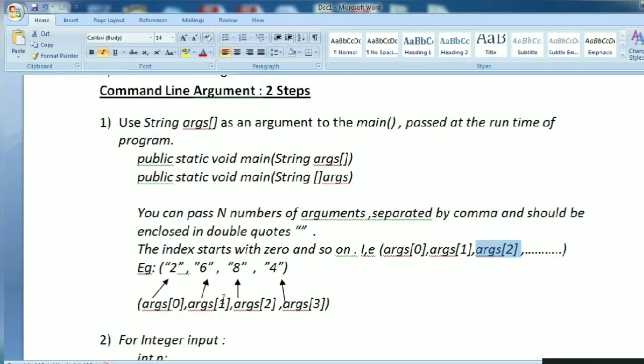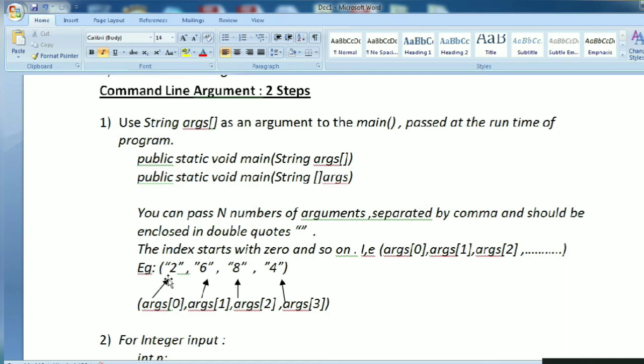For example, I have listed one example here. Suppose you have entered four numbers, that is integers. Suppose the first value is 2, and as I told you, it should be enclosed in double quotes, so here I have enclosed 2 in double quotes, and they should be separated by comma. So I have entered 2, 6, 8 and 4.